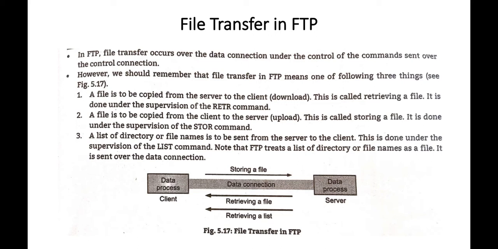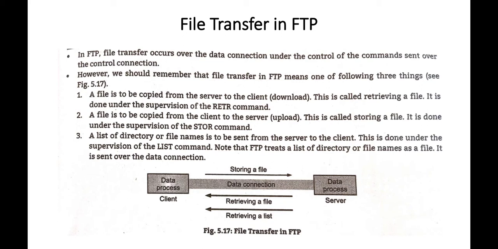When the client requests to download a file, the server also responds in command format. The server also sends some commands, and after the server sends a command to the client, it is nothing but a response, meaning you are ready to download that file. Then the actual downloading, the file transfer, is done over the data connection. So first of all, to establish a connection we use the control connection, and different commands are used. After the connection establishment, we do the actual data transfer. For that we use the data connection.